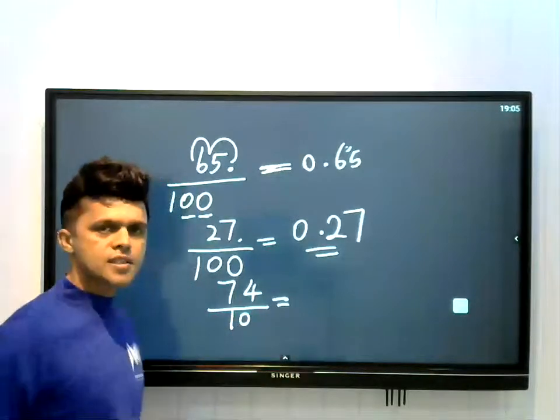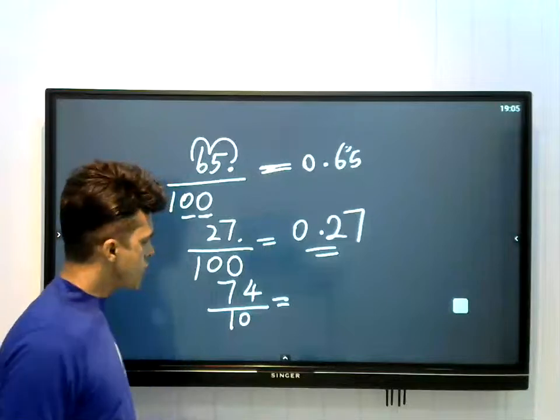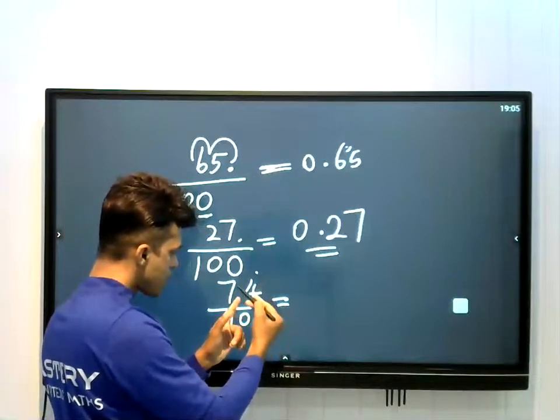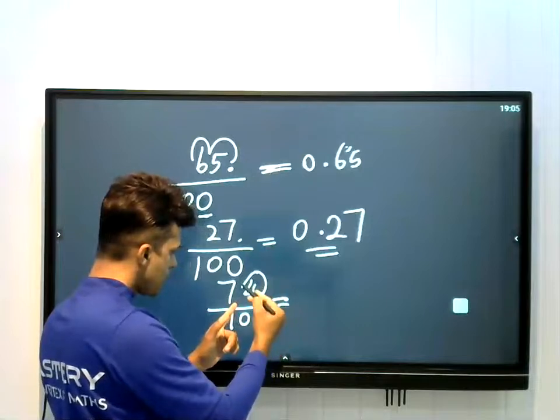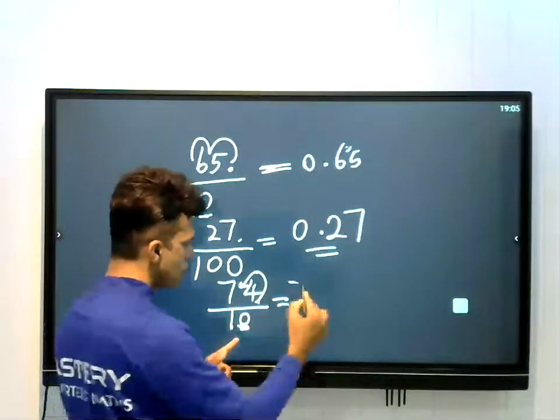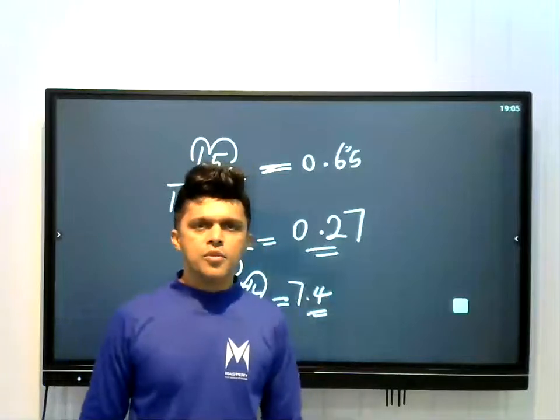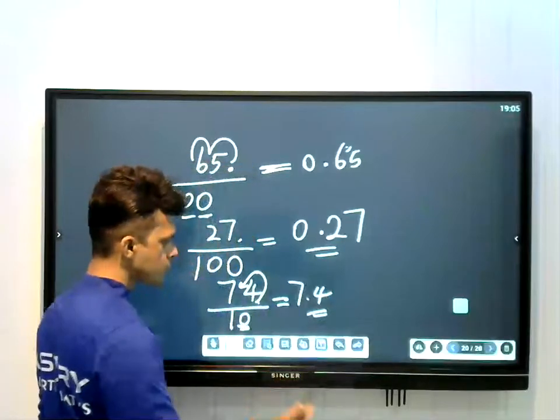This fraction as a decimal number. The decimal point here goes to the left side, passing 1 digit. Here 1 0. Therefore the answer is 7.4. The answer is 7.4. So this one,